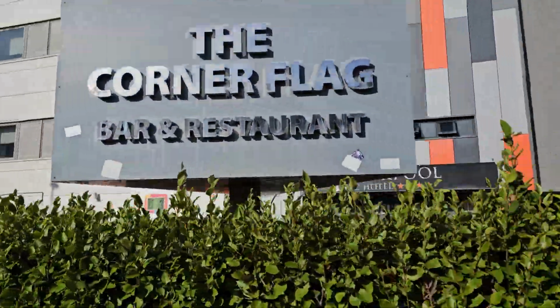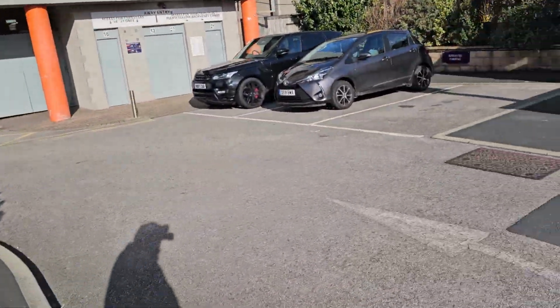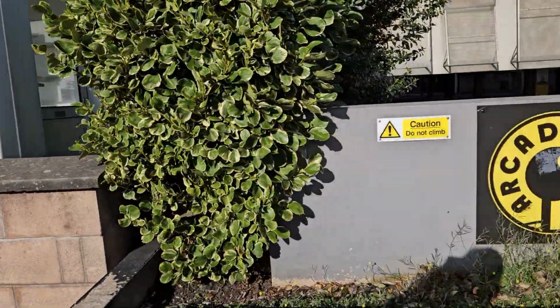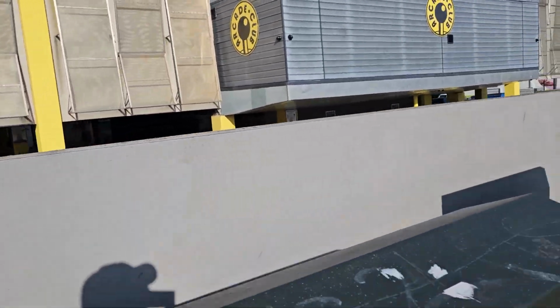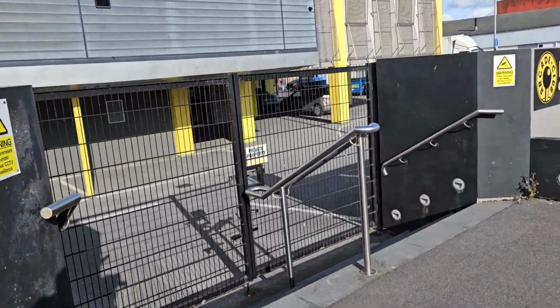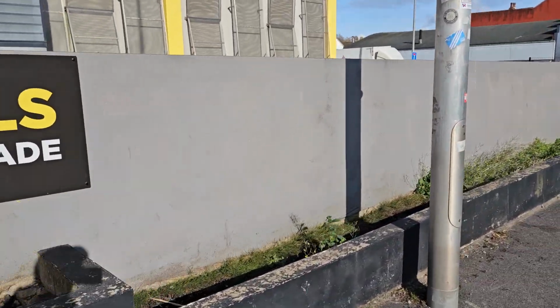Corner Flag bar and restaurant, always a terrible pun usually connected with football. So you can see all of that was new, the cladding and everything, and I think that was early 2000s, and when they got in the Premier League for a little stint, that'll have helped pay for some of that. Obviously the previous owners here were